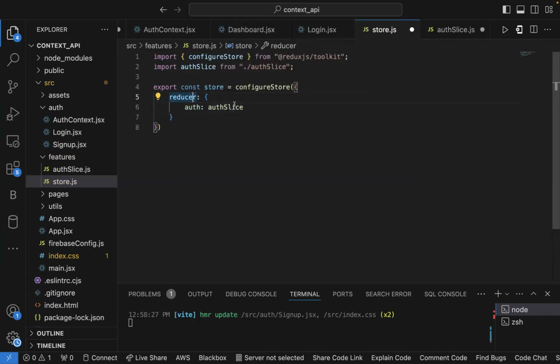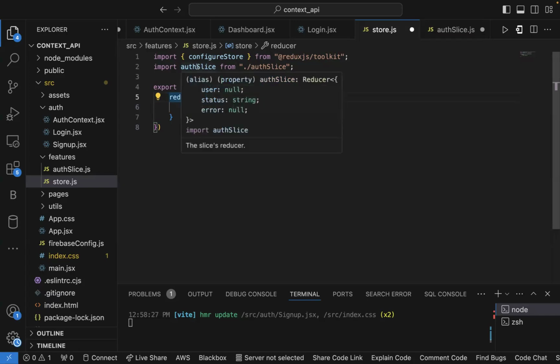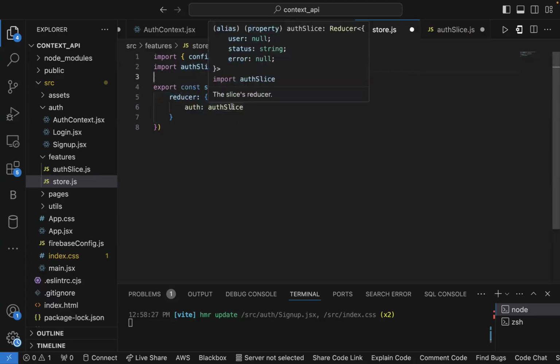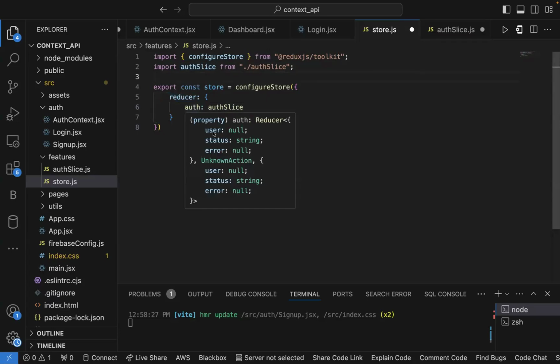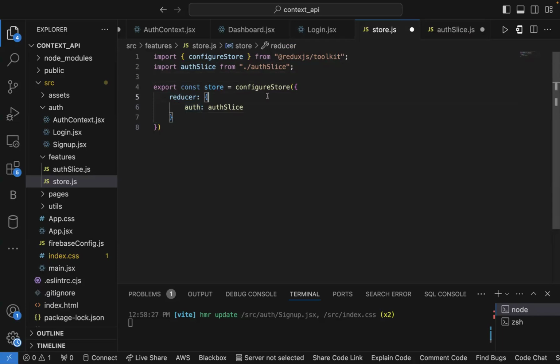All right. So I'm now saying for this auth, this is our auth reducer, and we are defining it based on our auth slice, right? You see that I'm passing our auth slice to the auth reducer, and you can see that everything is populated there. We have our user state, our status, and our error, right? Now, if we go back to our